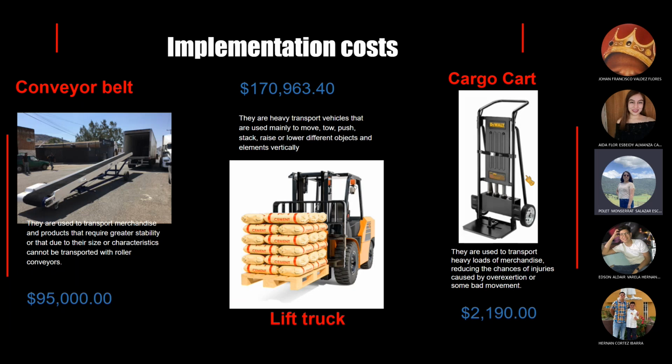The cost of implementing the improvements are shown in this slide. The conveyor is listed first, and it is for the transport of goods and heavy products. This has a cost of 95,000, and then we have a lift truck. They are heavy transport vehicles that are used mainly to move or push different objects, with a cost of